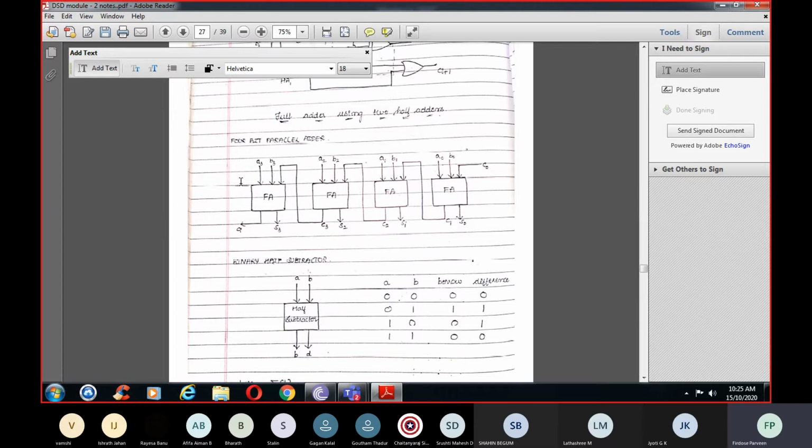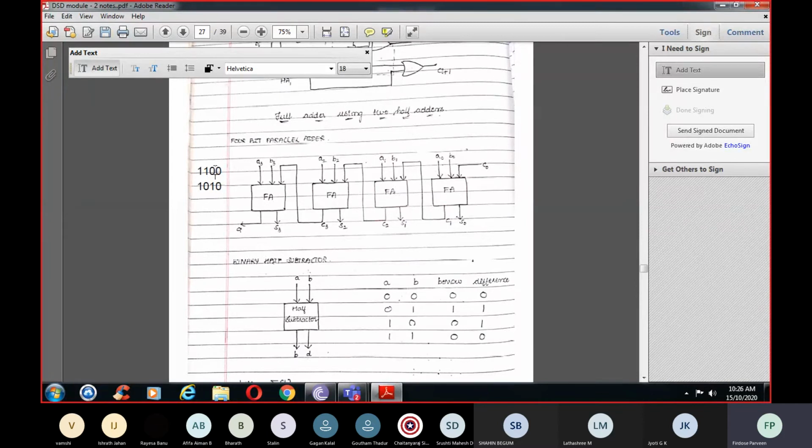If suppose you are having 4 bits of addition, say 1 1 0 0 and 1 0 1 0, like this addition you have to do. So this becomes your A0, this becomes your A1, this becomes your A2, and this becomes your A3. In the same way, this becomes your B0, this is your B1, this is your B2, and this one is your B3. Okay, so now I'll write A0, B0, A1, B1, A2, B2, A3, B3. This is C0.